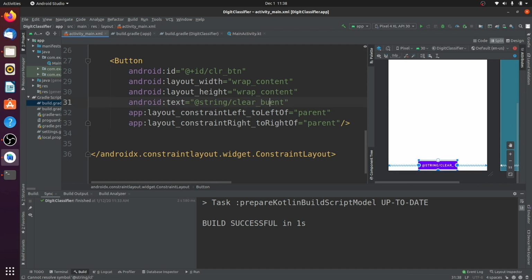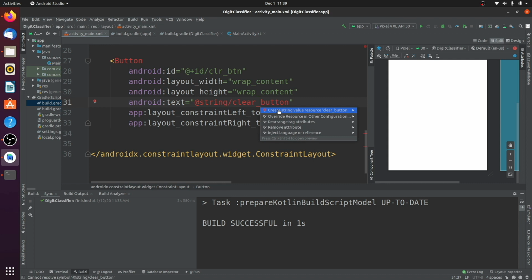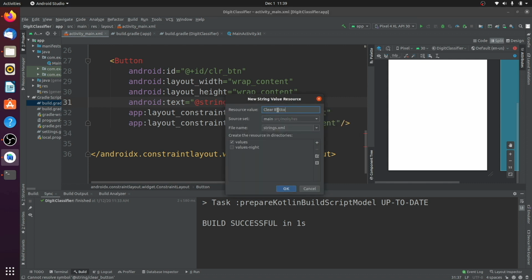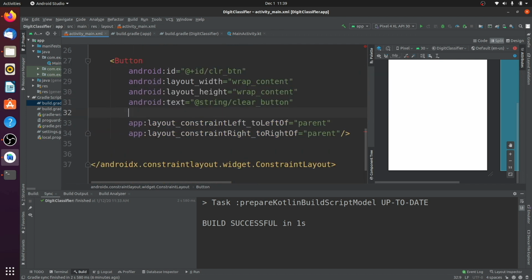I'm creating this address string clear button, but I clearly don't have that in my string file. So what I do is press alt enter, and it gives me a message like create a resource file, and there I enter what I want. I'm saying clear button and press okay, so it automatically creates that in my string file. Okay. And I want